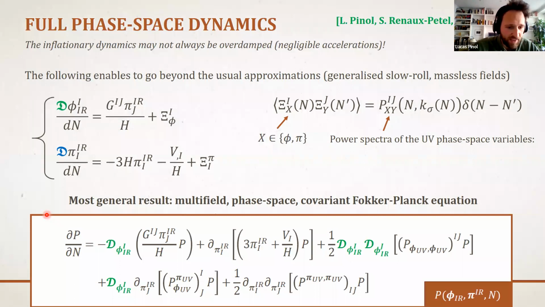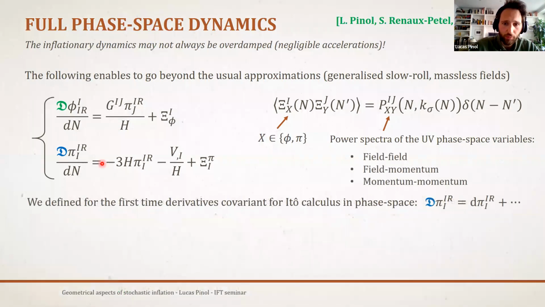Yes and no. They are there, but they are neglected in this treatment, exactly because we are looking at scales at this cutoff scale or higher, this kσ^-1. You can neglect the fluctuation of one field with another one at different times, or one momentum with another one, but not a field with its momentum at the same time. Yes, I fully agree. Actually, in this cross correlation, you will have the field-momentum cross spectra, and these are completely fixed by the commutation relations. They are what they are, but they are imaginary, because of this commutation relation.